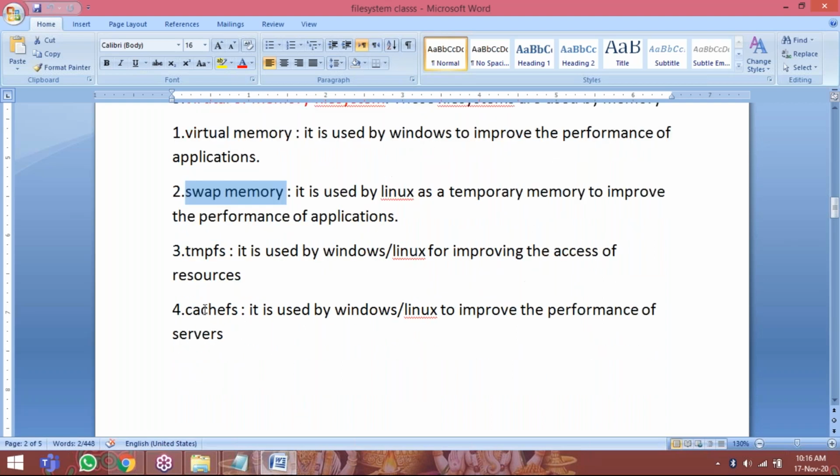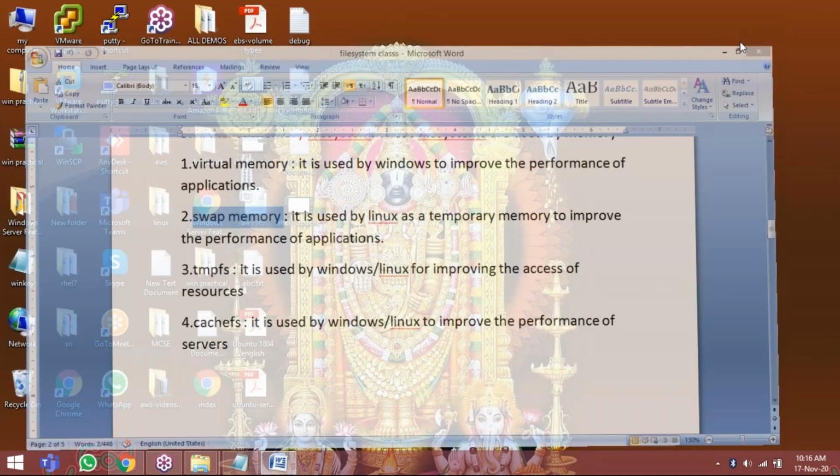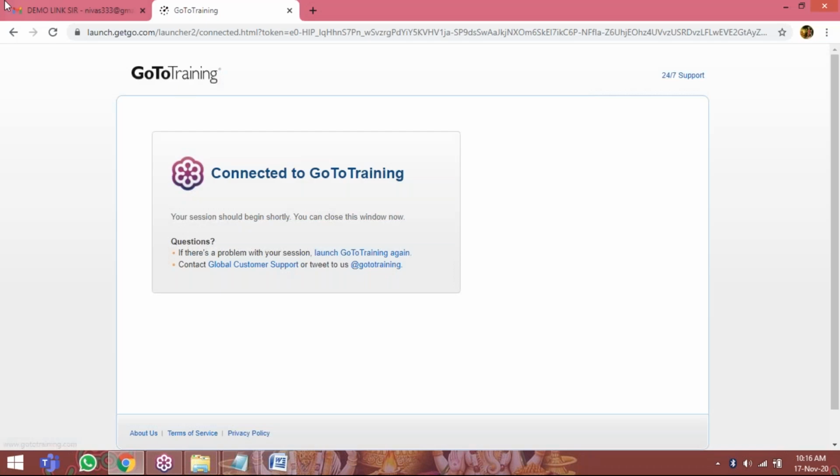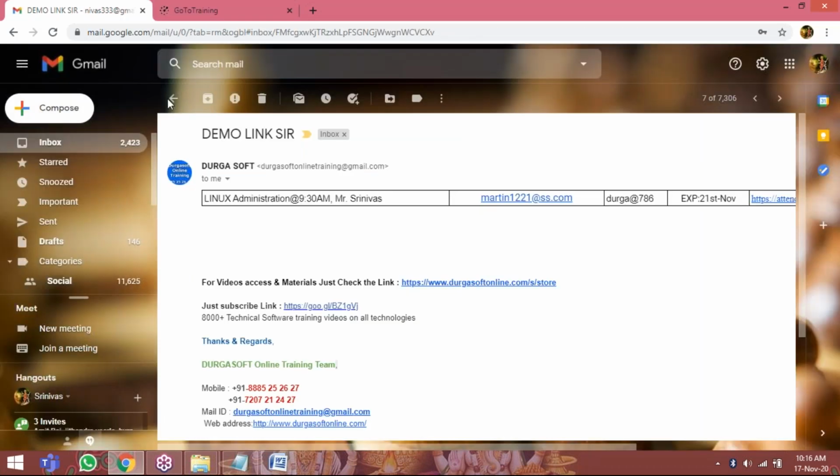Next, CacheFS. CacheFS is used by Windows or Linux to improve the performance of servers. In real time, for example, every day I am opening my Gmail account. Automatically, some cache information is stored in my computer.